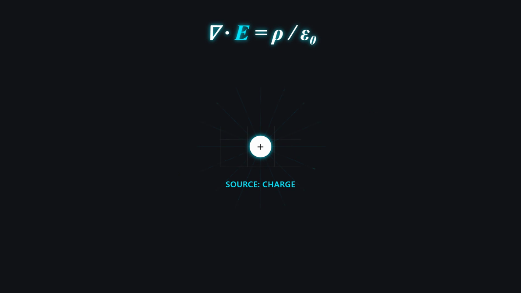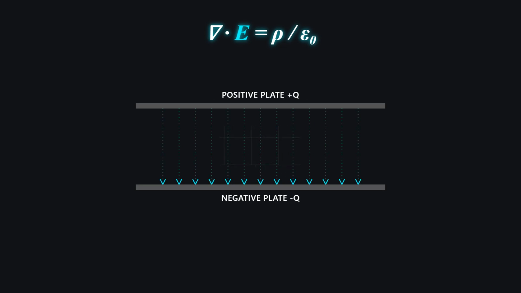Gauss's law for electricity defines the precise relationship between static electric charge and the electric field it produces. The electric flux passing through any arbitrary closed surface is directly proportional to the total electric charge enclosed within that volume. Mathematically, the divergence of the electric field, E, equals the charge density, ρ, divided by the permittivity of free space, epsilon naught. This law explains the operation of parallel plate capacitors, where charge separation creates a uniform electric field